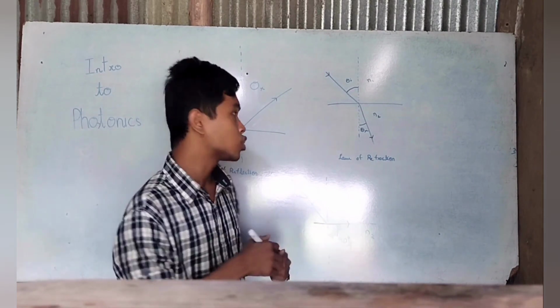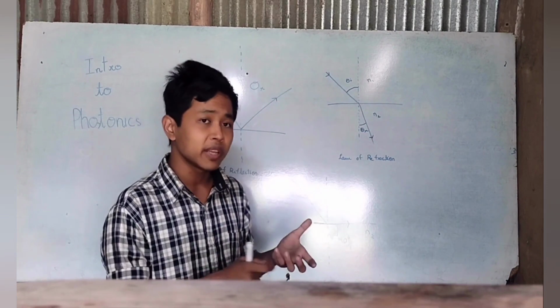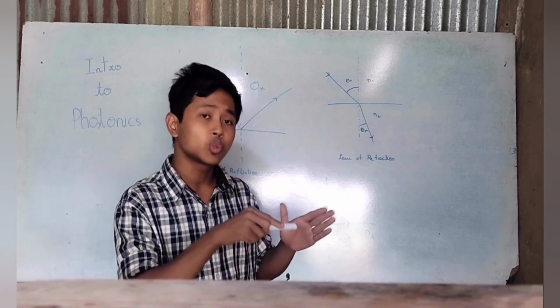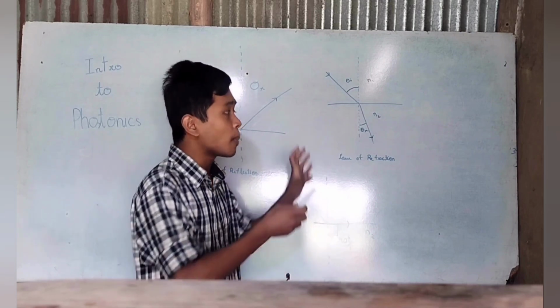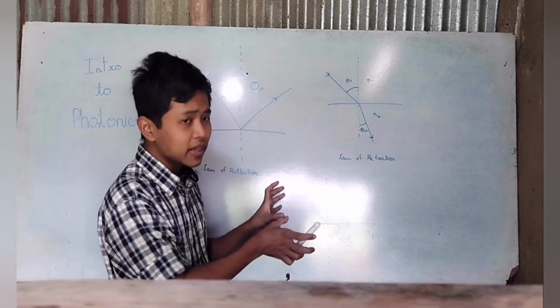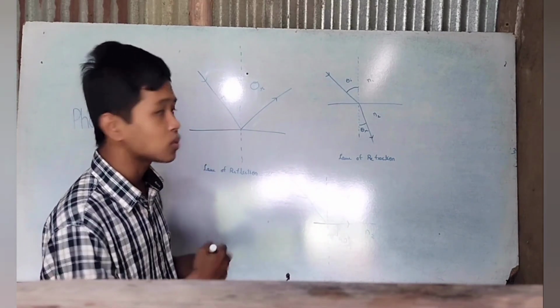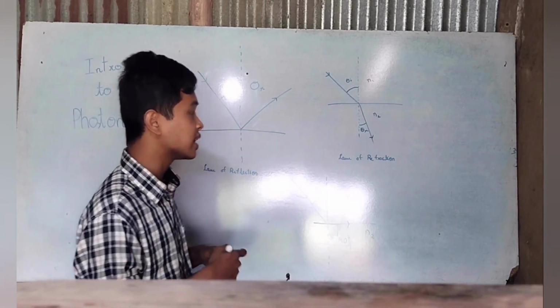traveling from. So when light travels from a rarer medium to a denser medium, the light bends towards the normal. But when it travels from a denser medium to a rarer medium, the light bends away from the normal. And for the law of refraction, we have a law that is called Snell's law, and